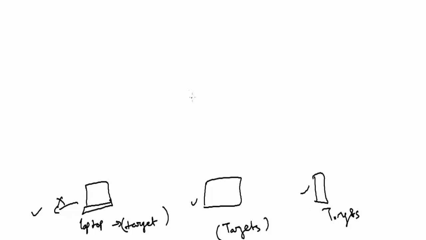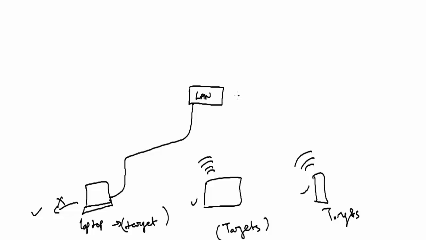Now all these devices connect to the LAN or the router at home. Some may connect directly, like this will connect through an Ethernet cable, or some might connect through Wi-Fi. Your tablet or mobile will connect through Wi-Fi. Now in this configuration, our source is the LAN. LAN becomes the source. So the source can allocate the IP address. The LAN will allocate an IP address to my laptop.